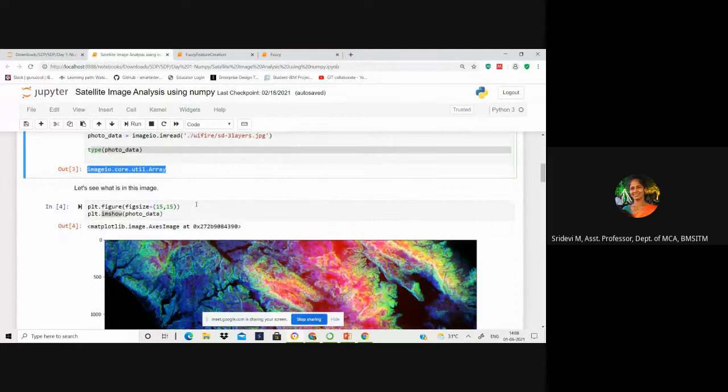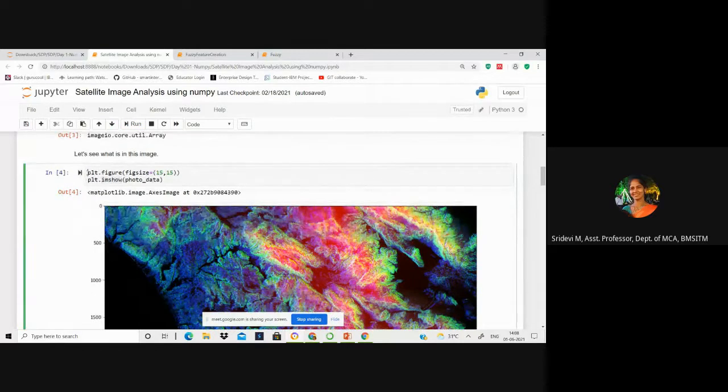you can see that it is assumed as an array. This entire image is an n-dimensional array, which has rows and columns. Now, in order to print this on the screen, first you reserve space for it by giving the figure size as 15 by 15, and then using plt, you give plt.imshow, image show. What has to be shown?